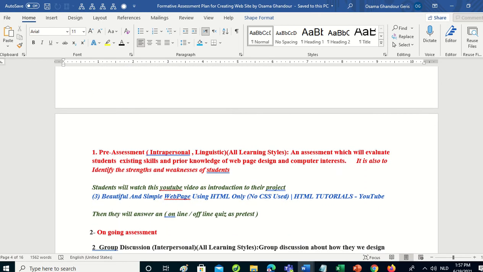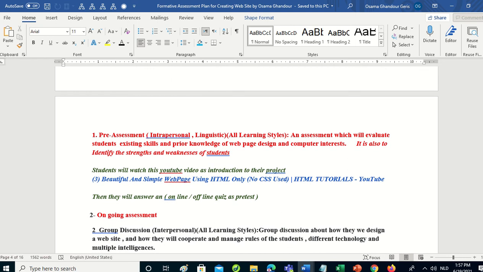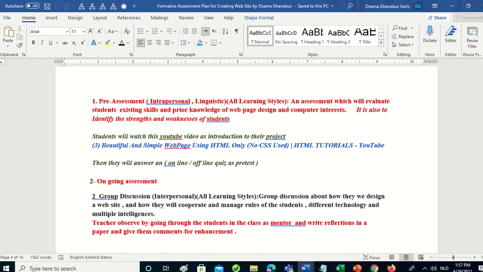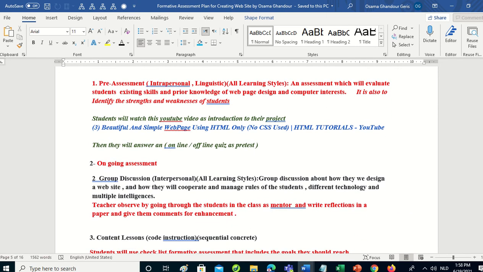So we have here, in red color, a pre-assessment, interpersonal and linguistic, an assessment which will evaluate students' skills and prior knowledge of web page design and computer interests. It's also to identify the strengths and weaknesses of students. Then we have ongoing assessment,